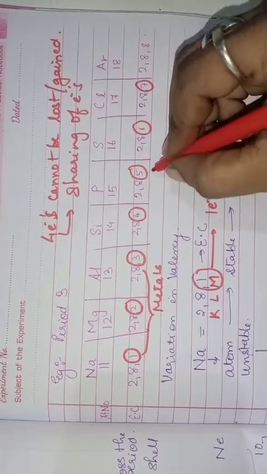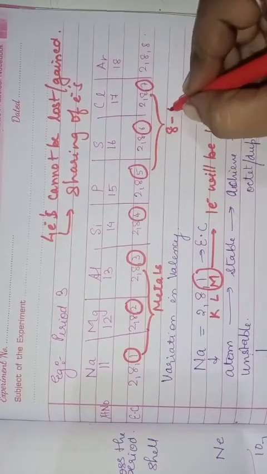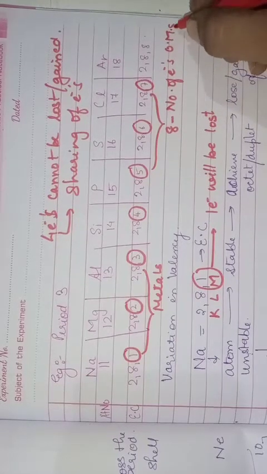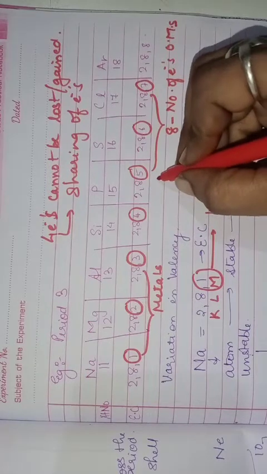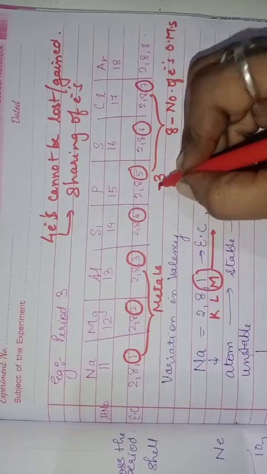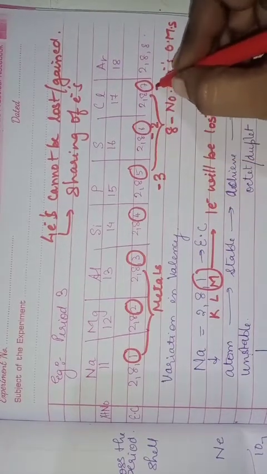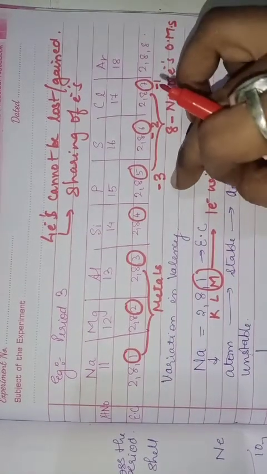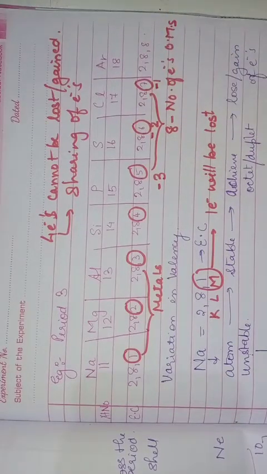So in this case what they will do is 8 minus the number of electrons present in the outermost shell. So 8 minus 5, the number of electrons gained here is 3. Now after gain of electrons, what charge do they carry? Negative charge. So this is -3. Here how many electrons? -2. Here how many electrons? -1. So the valency for phosphorus is -3, sulfur is -2 and chlorine is -1, children.